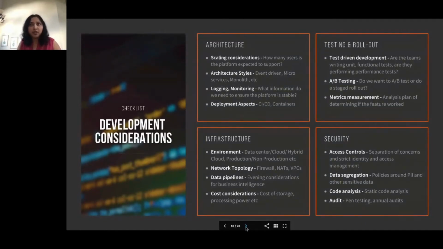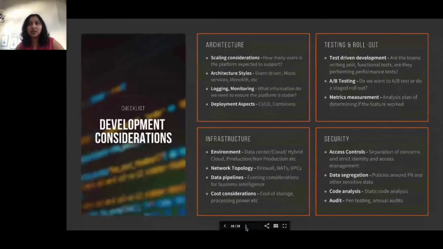The network topology itself, I want to make sure that my systems are secure, they are within my network, the right systems talk to the right services, and there are no loopholes. The right systems are connected out to the internet without any problems. What does my data pipeline look like? Because ultimately, once you build a solution product, you want to have a business intelligence angle to be able to really understand how the engagement with the platform or product is working and what I need to be building in the future as well. So how do you lay down all these pipelines?